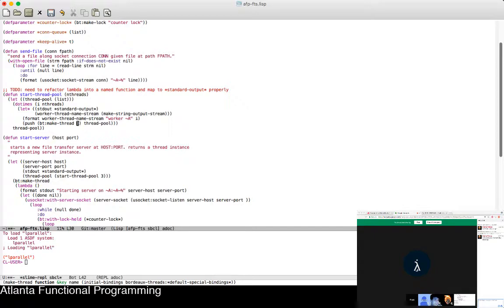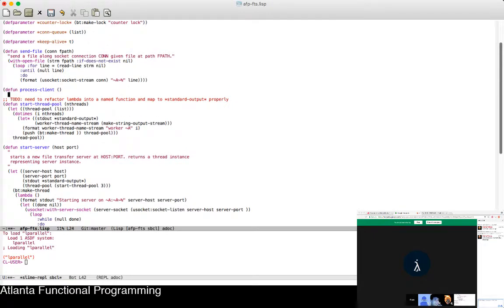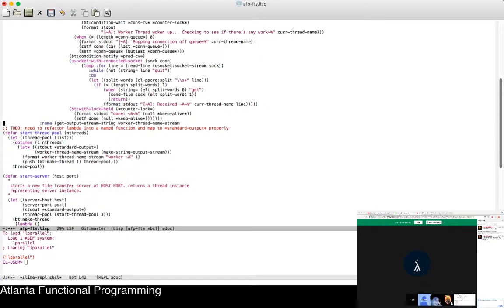So let's go ahead and create a function. Let's say that we had a function called process client. All right. Obviously, they can't take any arguments because it is an actual